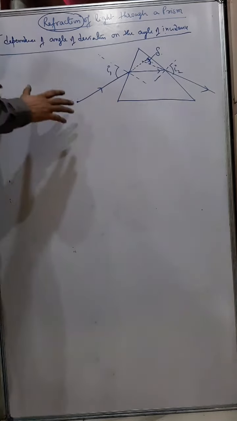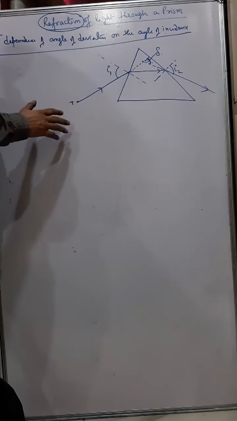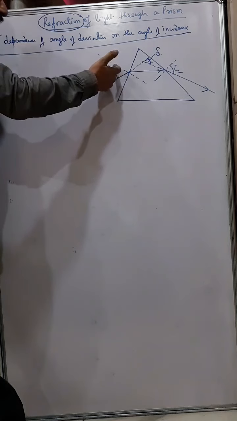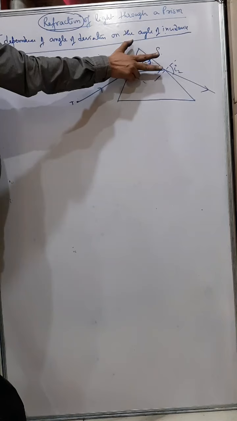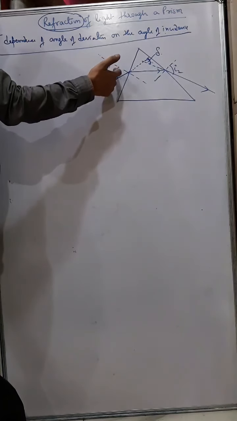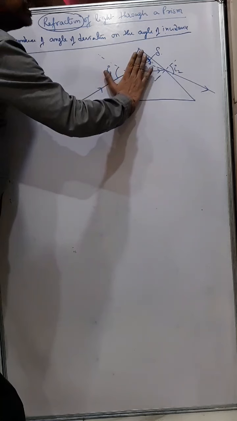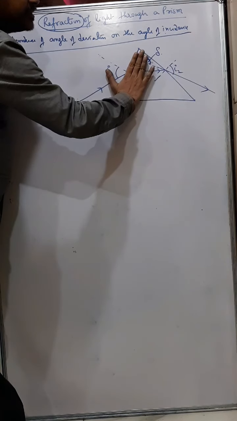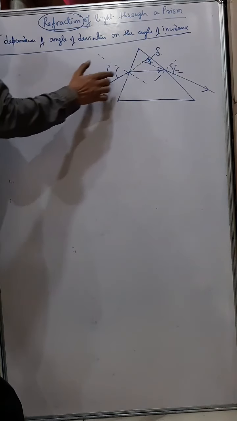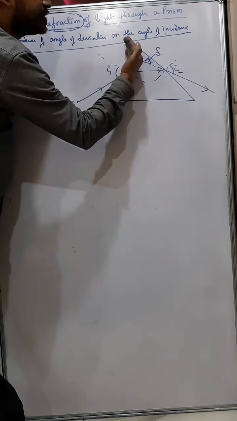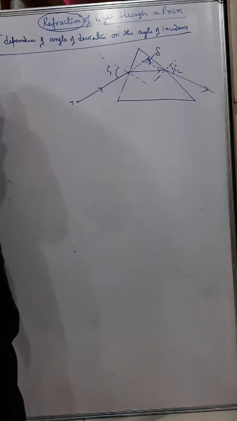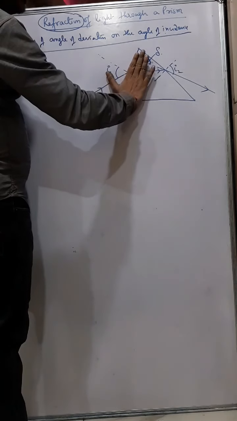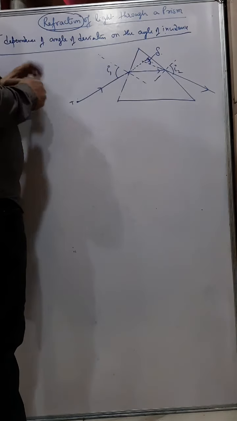Now initially it is observed that as we increase the angle of incidence, the angle of deviation will decrease. Now how can we increase the angle of incidence? We can just slightly rotate the prism, in this way, keeping the source of light here. So you can understand the normal shifts. Now when the normal shifts, the angle automatically increases. Understand what I am telling? So just keeping the source of light at that point.